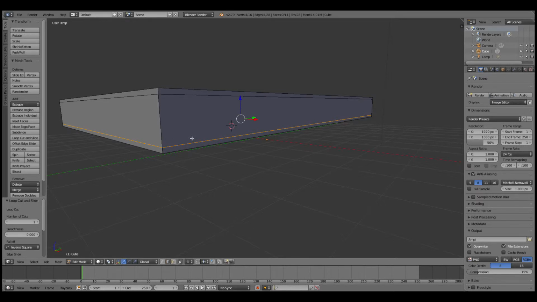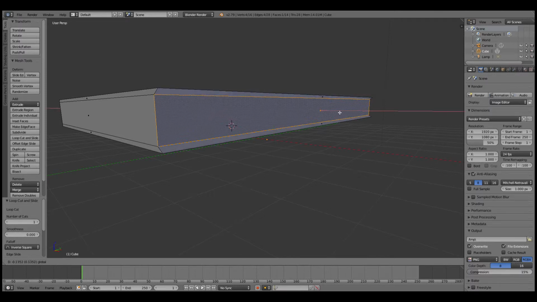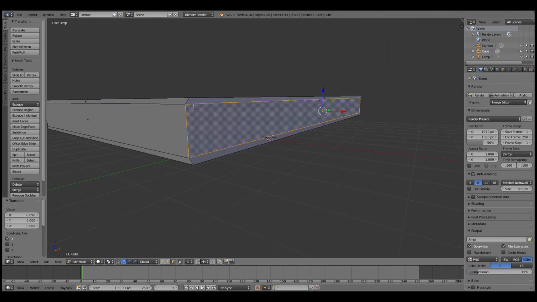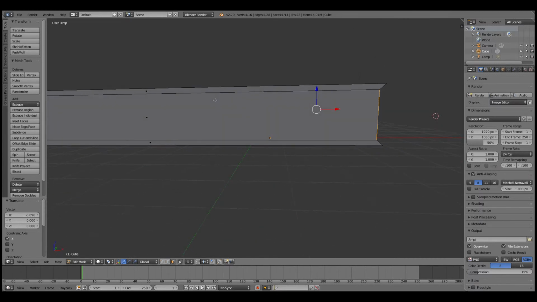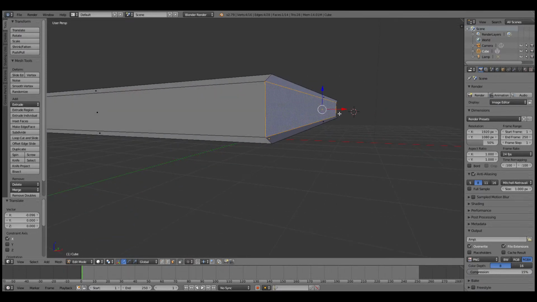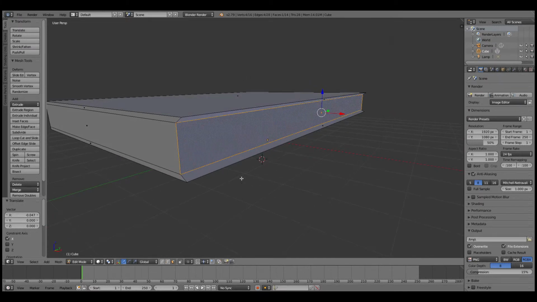Now we're gonna go to our face selection, and we're gonna move that in, and you're gonna see that actually this right here is kind of deformed now, which actually kind of does still look like a book kind of, but we are actually gonna select the edge, I think, and